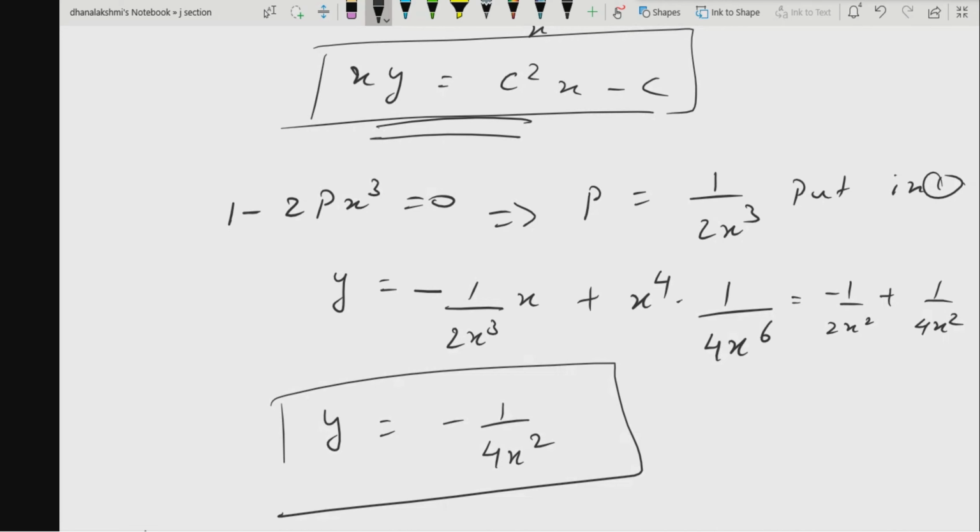What kind of solution is this one? Can anyone tell me? Singular. Come again? Particular solution. Singular solution. Okay, one said particular solution, the other said singular solution. Okay, give me the answer.